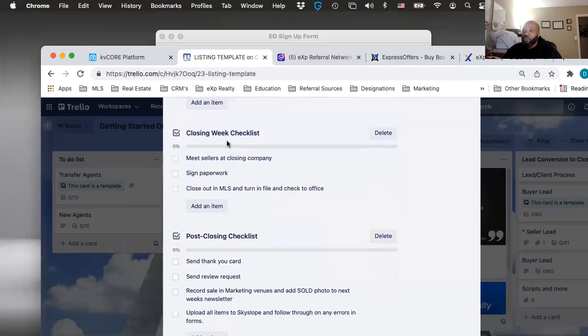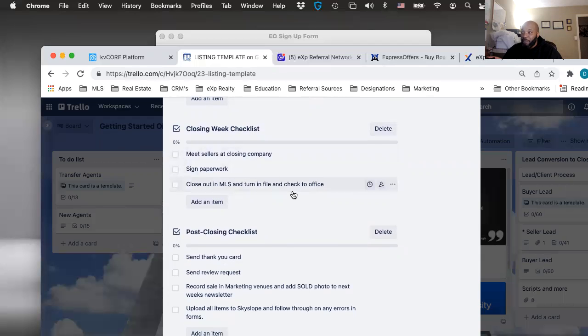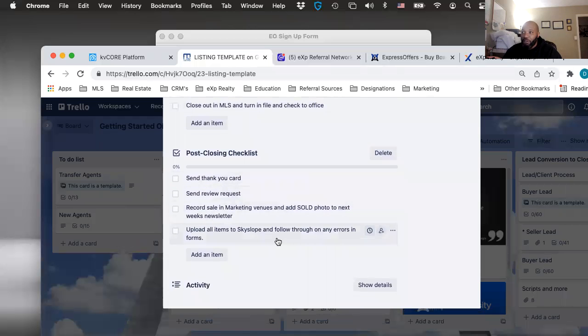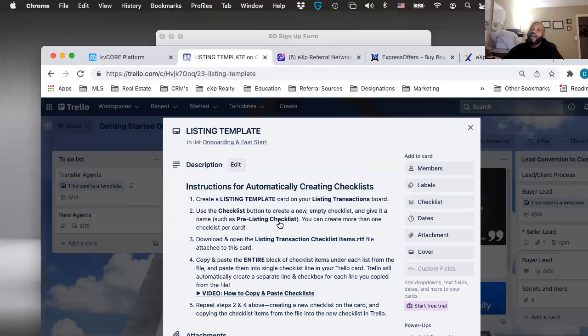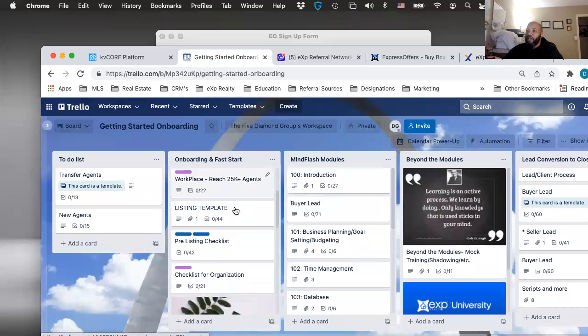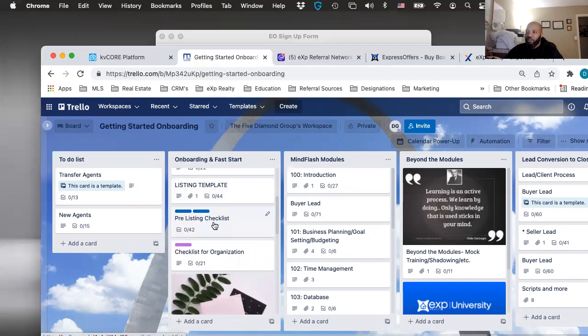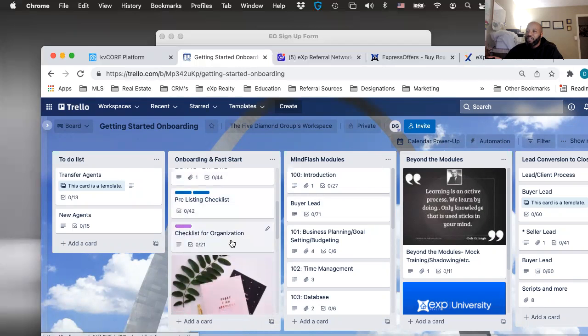And then you have your closing week checklist: meet sellers at closing company, sign paper, close out on MLS, turn and file and check in the office, and then you have your post-closing information. So you've got it detailed right here on your Trello board what you should be doing next, especially on your listings. Your pre-listing checklist is here as well. And then your checklist for your